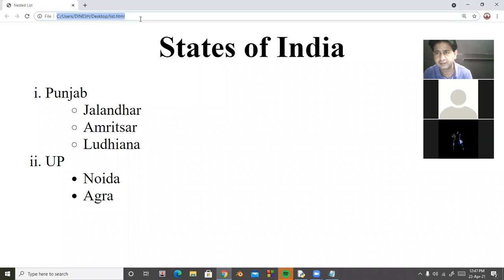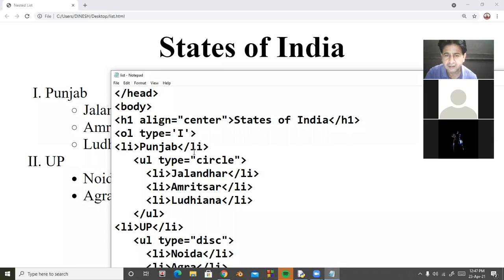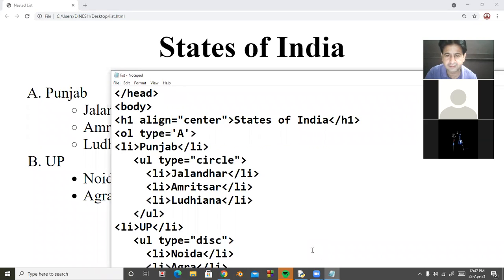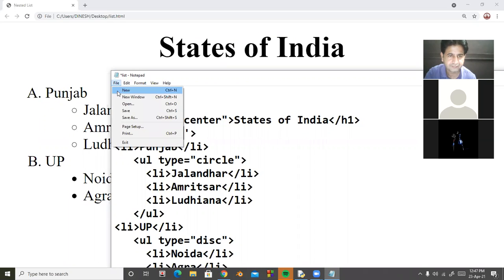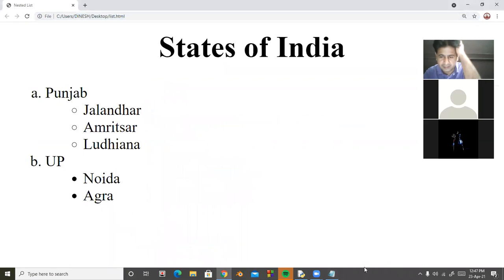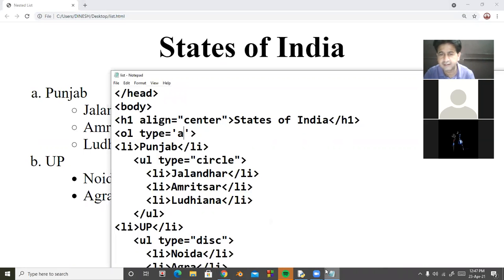Look at here. You can also take here capital A for capital alphabet. We can also take here small a for small alphabets. And by default, it is number.